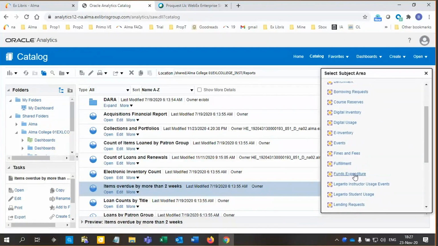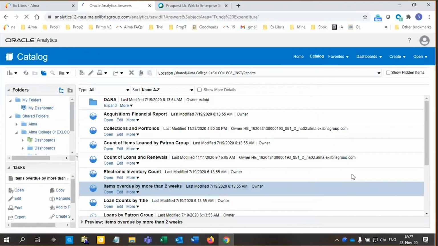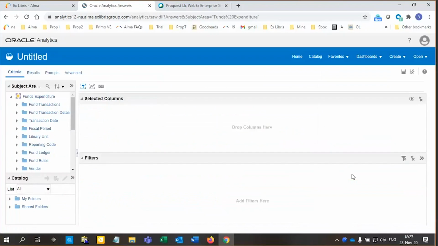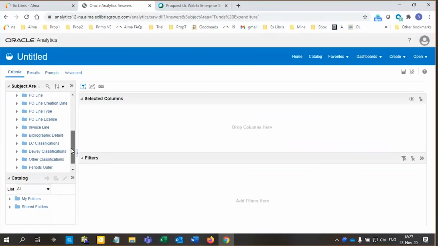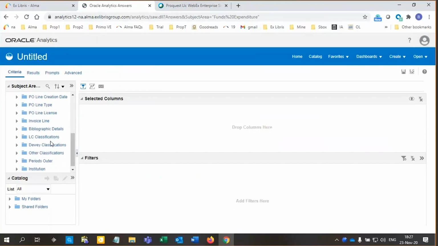So what I'm going to do now is I have decided I want to create a report about fund expenditure. I want to see how much money my institution, my library, is spending per vendor. So now we're looking at a completely different subject area, and we can see different folders of information that I can report on. But as I mentioned, if I scroll down here, we can still see these additional important folders that I can report on